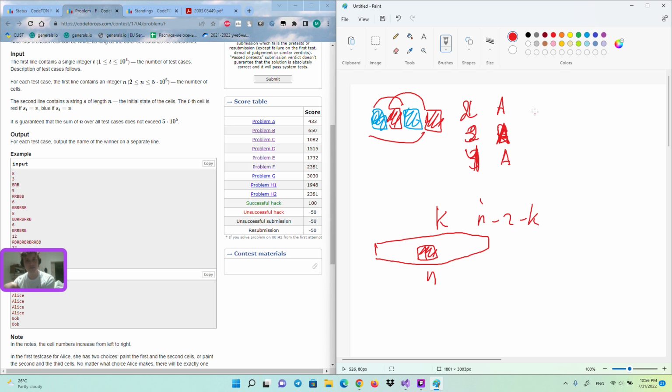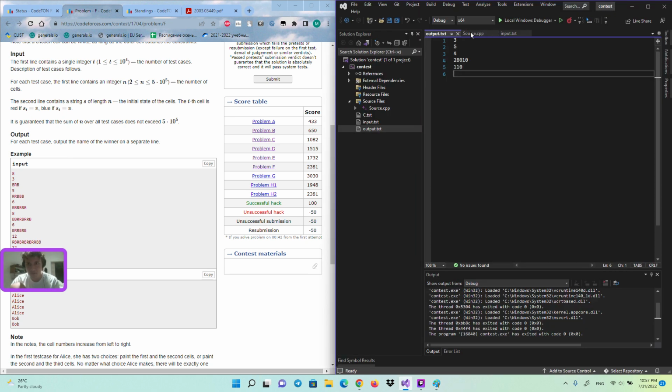So what we have to do now is to calculate Grundy numbers. Sprague-Grundy, I guess. So in case of 2, Alice wins with Grundy number 0. If 3, then Alice also wins with Grundy number 0. Oh, no, 0, 1. If 4, then Alice can do either 0 or 1, so the Grundy number is 2. So if 5, I don't have to do it by hand. Okay, let's just calculate it. We have a powerful computer.